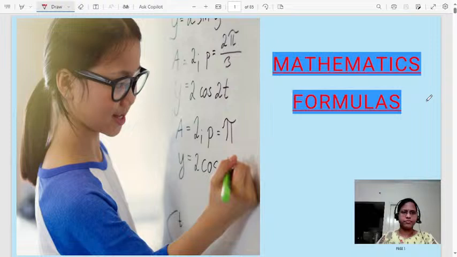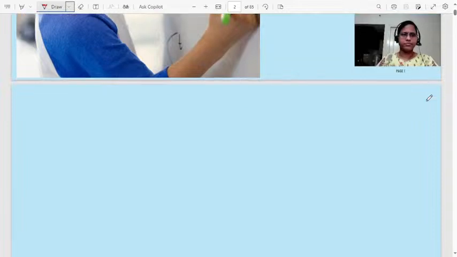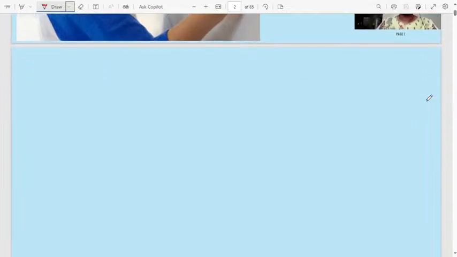Yes, I will write because typing it will take more time. That's why I am writing. I will explain and I will write which are the important formulas. And also I will tell shortcuts to remember the formulas. First one is